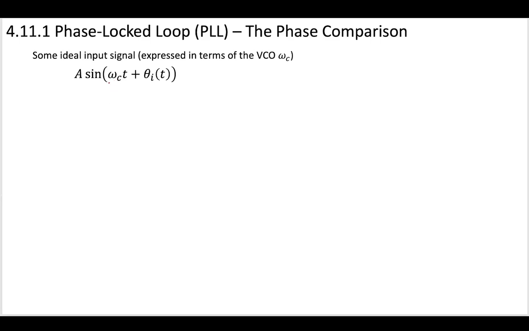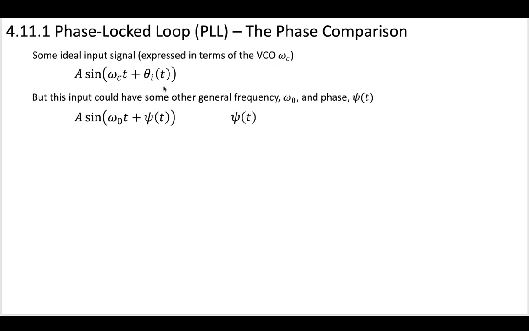input, some received signal. So let's base that ideal input signal and express it in terms of that same free running frequency that our VCO has. So our system receives a sinusoidal signal, and we can base the angle of this off of the VCO free running frequency plus some input phase. Now this input sinusoidal function could have some other general frequency and some other general phase,